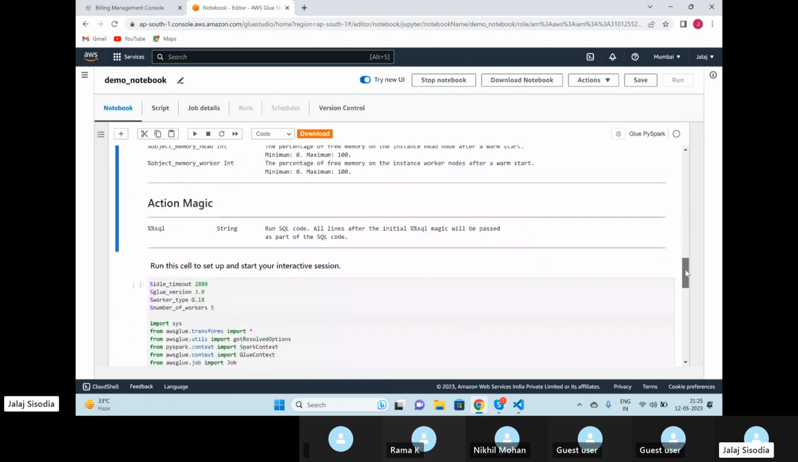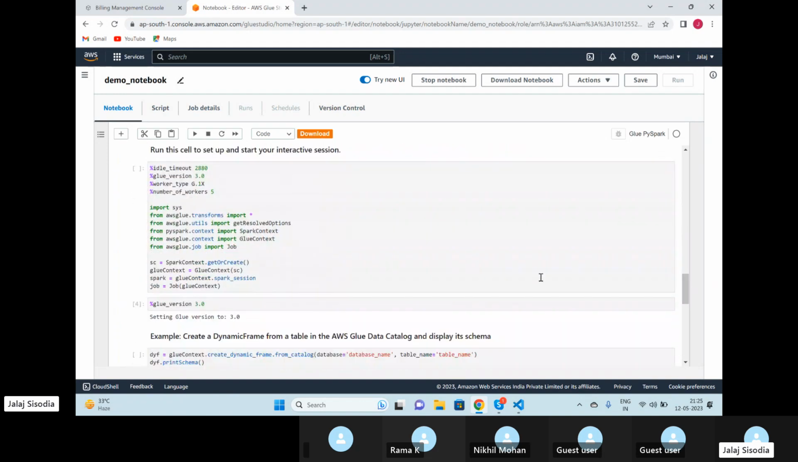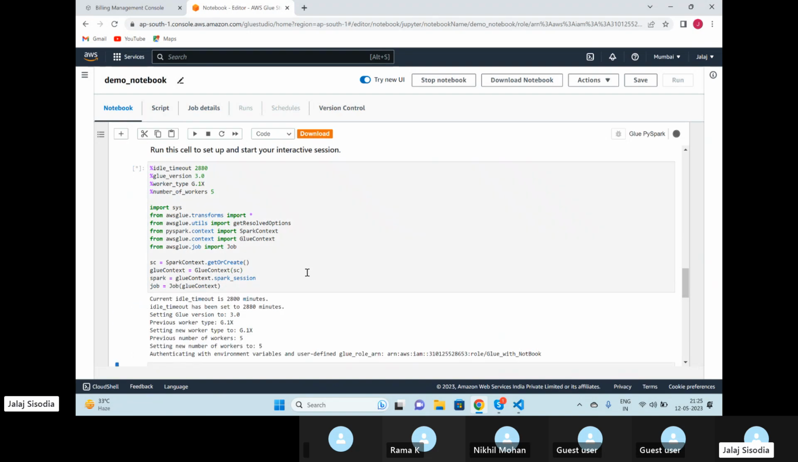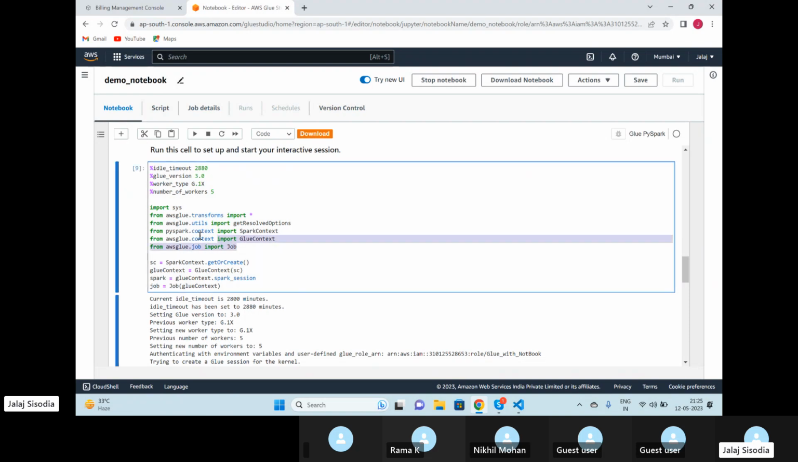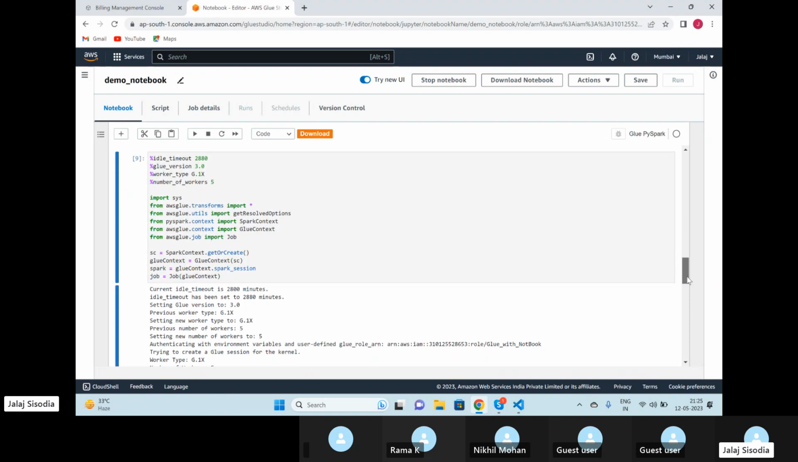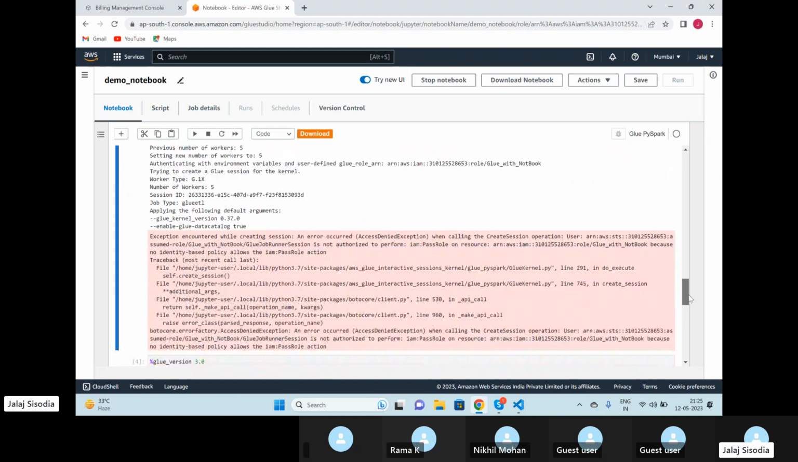Okay, now let's say I want to do some development here. So I'll just come down, and this is the boilerplate code that I get with my glue job. I can execute this one. Now my job settings are done, like I have imported these libraries. And now let's say I want to